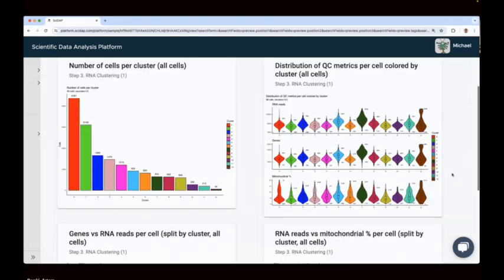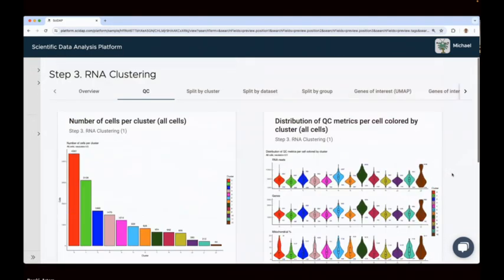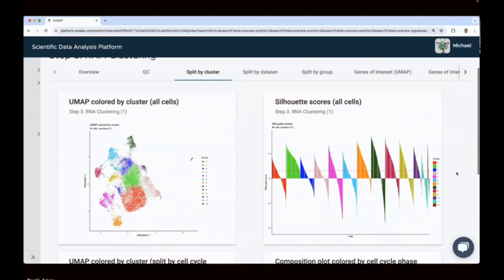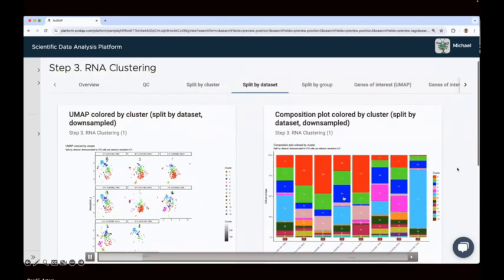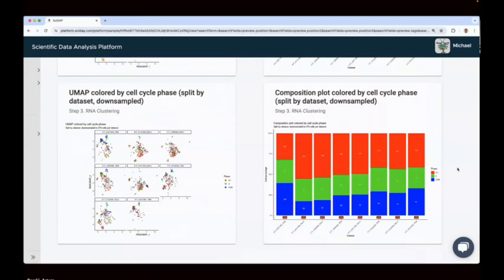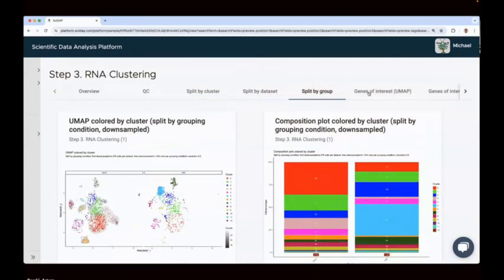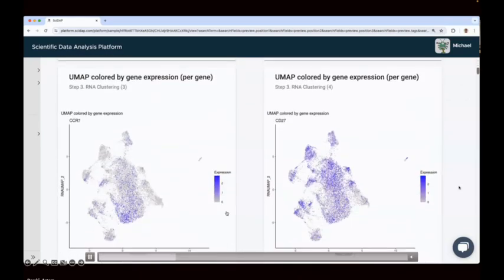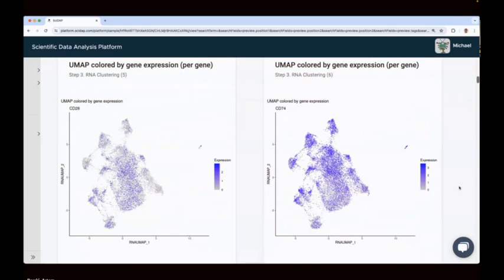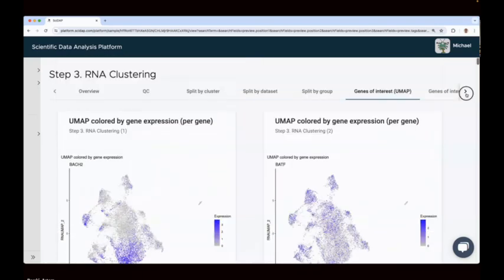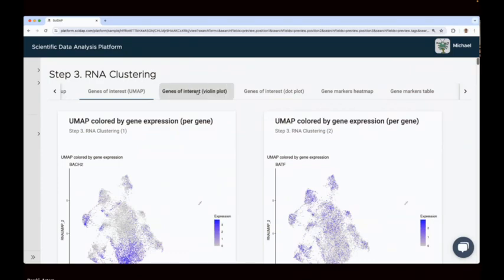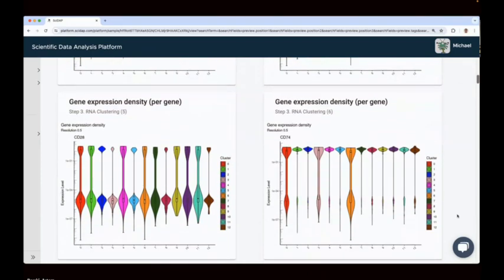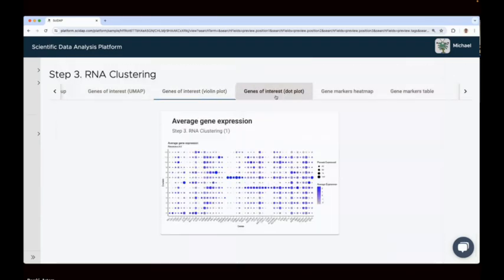So this is QC information for each cluster. You can see whether the clusters are driven by technical or biological effects. Above this, there were silhouette plots that showed whether the assignment is good. You can see composition of clusters, and this highlights the gene expression for your genes of interest in the UMAP plots. Can you maybe show how you can tell that the change is driven by a technical or a biological effect? So if you